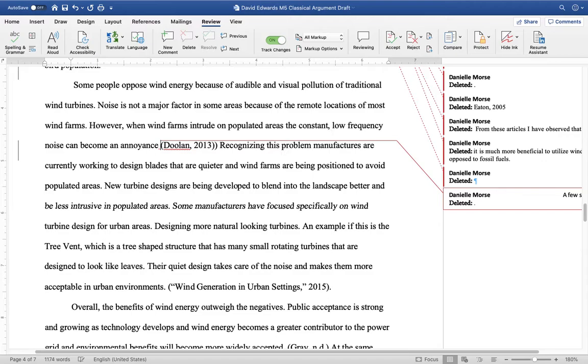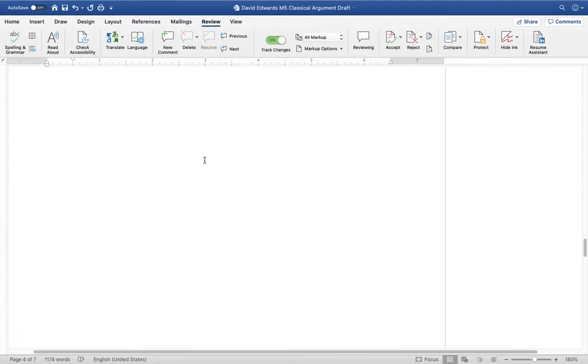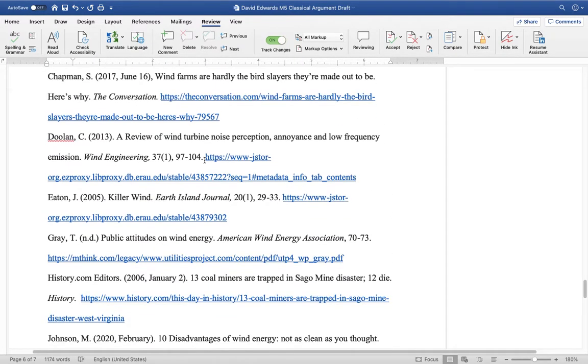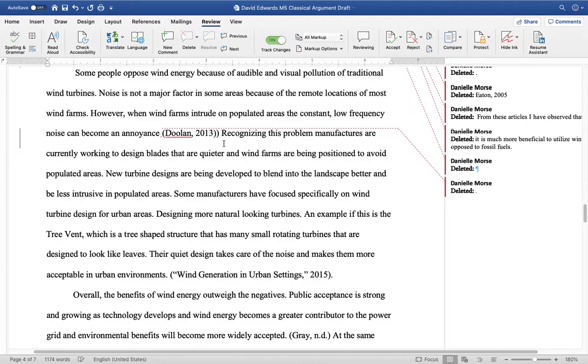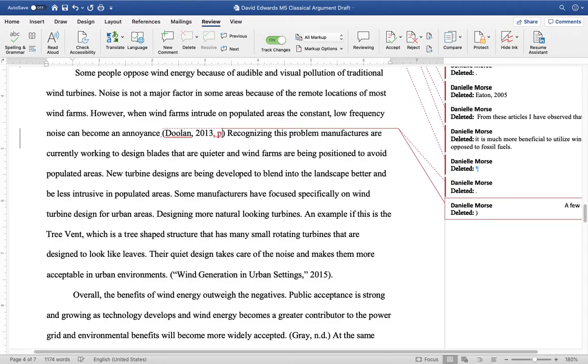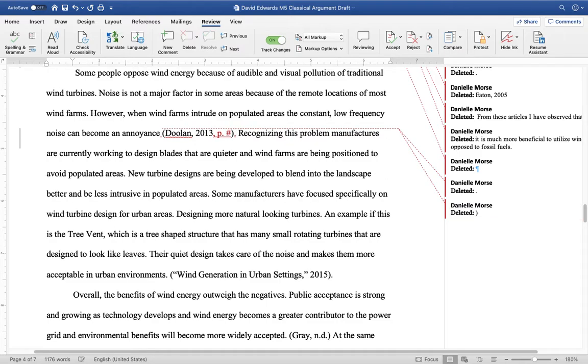And let's look at that Doolin source. That has page numbers, so I would expect a P dot something. And there's an extra parenthesis there, and then a period there. Recognizing this problem, manufacturers